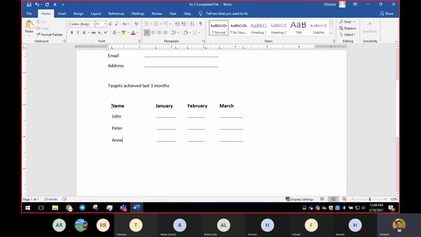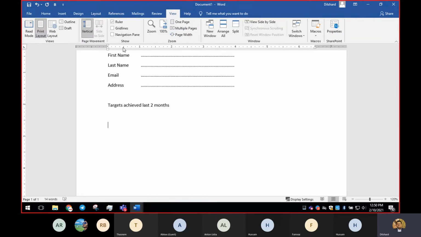So I'm going to have a small space at the beginning for the name, and then some space for January, some space for February, some space for March. First I'll go back and have name here. If you're getting confused by calling these numbers, we'll skip calling them.